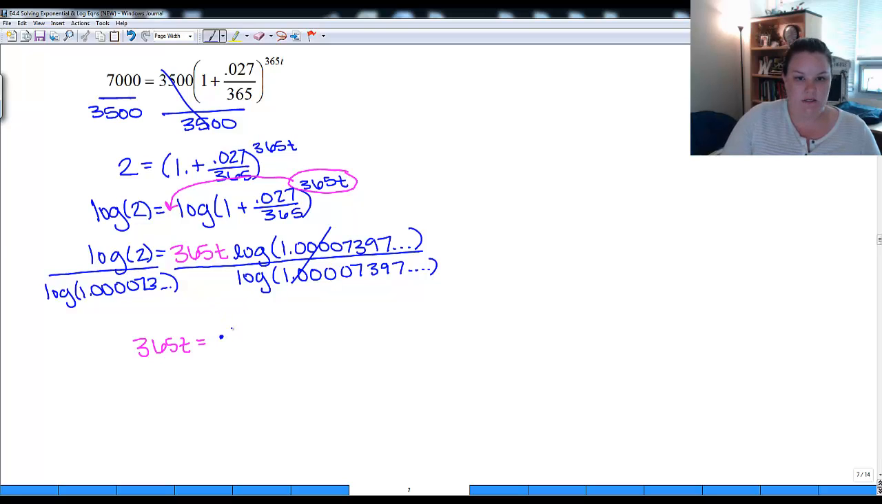Log of 2 should give us 0.30102 and some more stuff. And when you do log of this nasty number, when you're calculating this in your calculator, you probably want to go back up here where you have 0.027, divide that by 365, add 1 to it, and then take the log of that so that you have all the decimal places of this nasty number. Okay, and that should give you